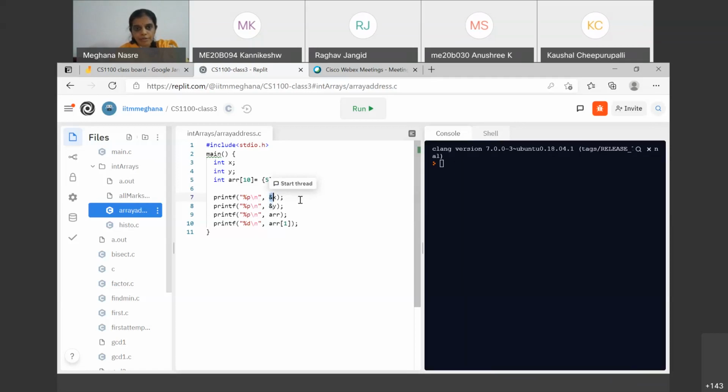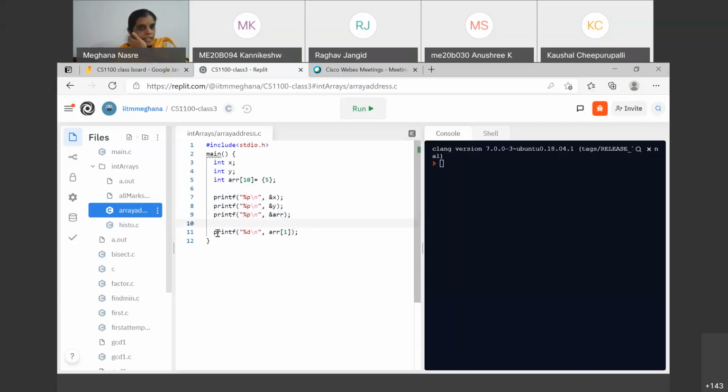You have used it several times with scanf. So what we are telling is, print out the address of x, rather than telling me what is inside this cell x. Similarly, print out the address of y. Similarly, print out the address of the array, I'll just write this as &arr. And I will also write this, and please note that this is not %p, this is our regular %d.